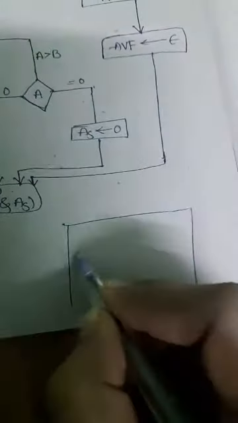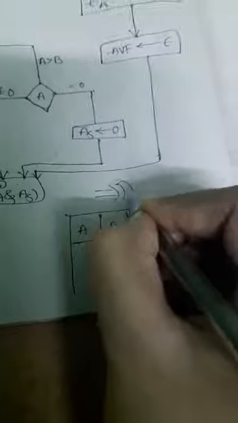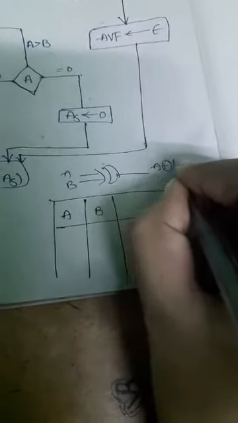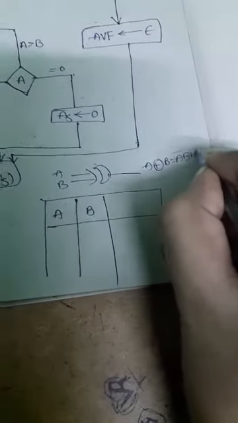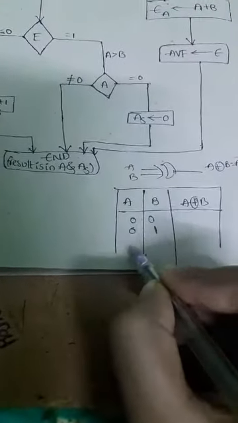Before going further, you must know the XOR gate result. This is the XOR gate with inputs A, B, so A XOR B. What is the function of A XOR B? A complement B plus A B complement, right? That is the A XOR B function. For two inputs, how many possible combinations do we get in binary? Four possible: 0 0, 0 1, 1 0, 1 1.